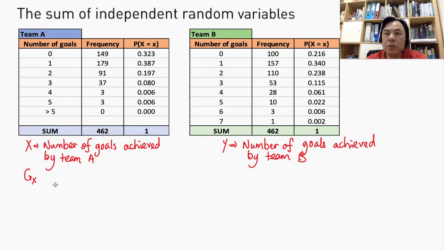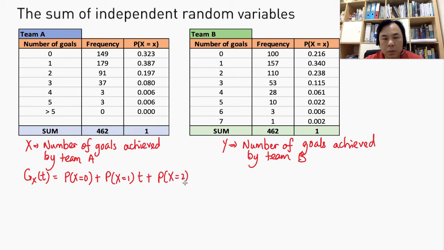So I use GX to represent the probability generating function for Team A. That will be given by all these probabilities here, or I could write it in a more general form. So I can write it down as P(X equals 0) plus P(X equals 1) t